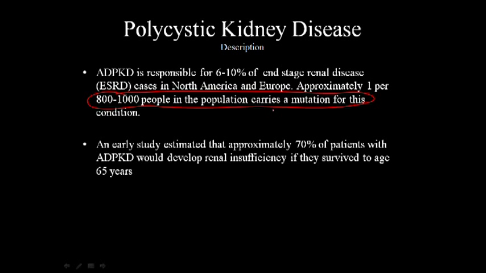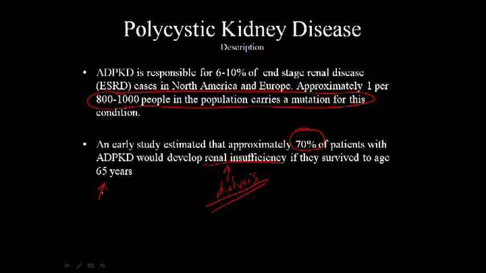And an early study estimates that approximately 70% of patients with autosomal dominant polycystic kidney disease will develop renal insufficiency if they survive to age 65 years old. So that's a high number, that the patients are going to develop a renal insufficiency which they cannot overcome, and that is why you're going to have dialysis. And you're going to see a rapid increase in it, because if these patients do live to 65 years old,